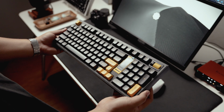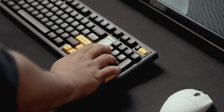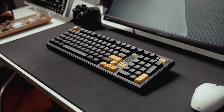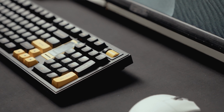Okay, so this is Akko's newly released 98% keyboard with an ANSI layout. This keyboard has a numpad on the right hand side, and it also doesn't have this part right here like the regular 100% keyboards to retain the numpad still, but also making it a little bit smaller than a full-sized keyboard. This is 5098B, and honestly speaking to you guys, I've never really understood Akko when it came to naming their keyboard with numbers,